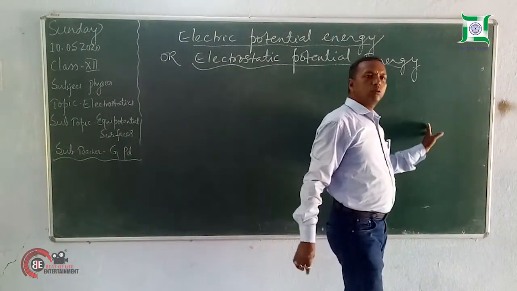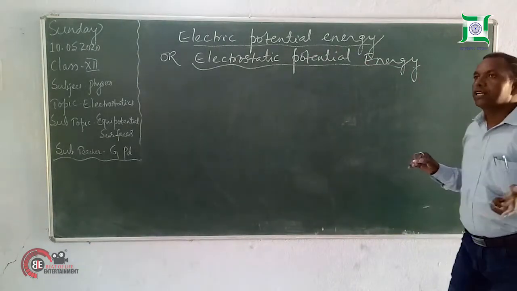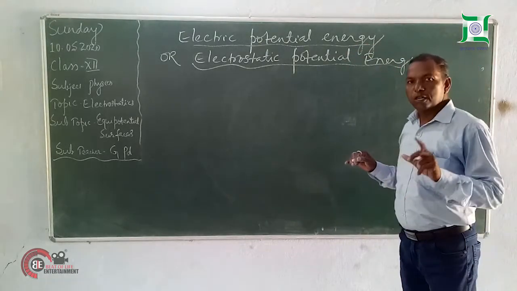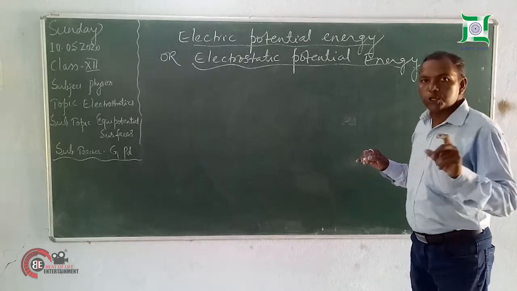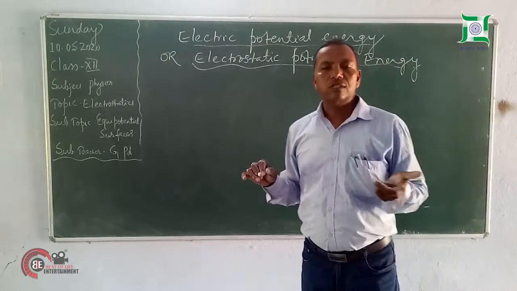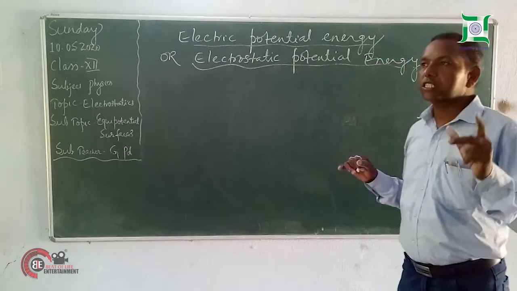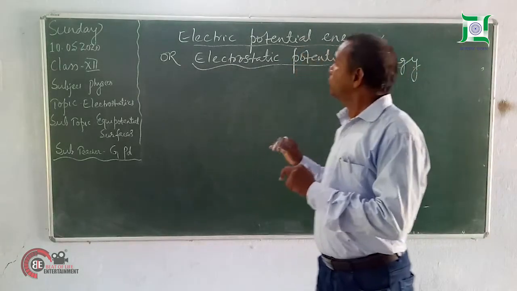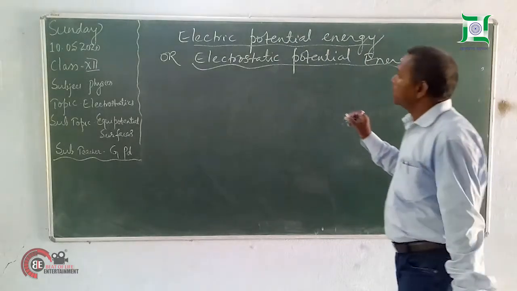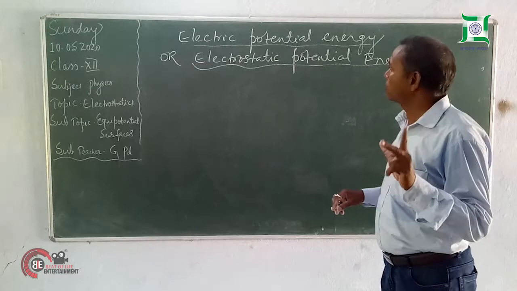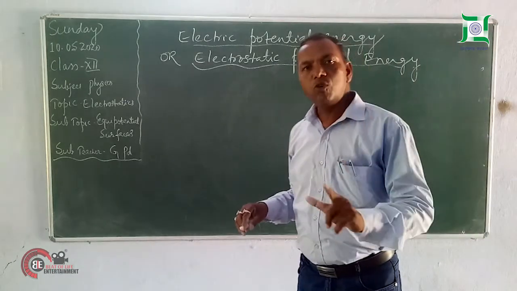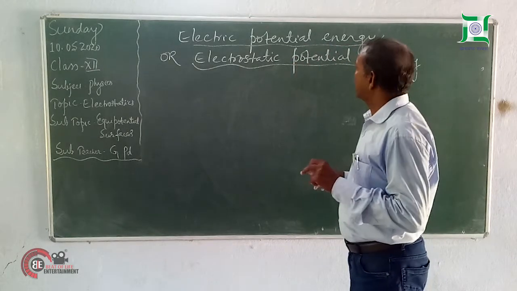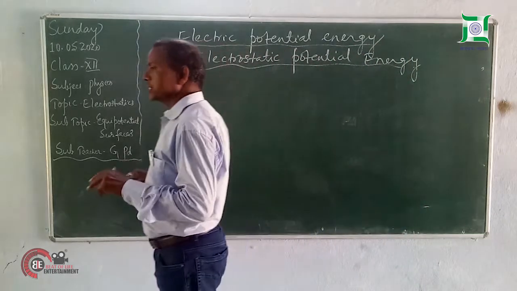Potential energy, just like we have understood in class 11, gravitational potential energy, जिसको हिंदी में स्थितिज ऊर्जा कहते हैं, और gravitational potential energy गुरुत्वीय स्थितिज ऊर्जा कहते हैं। That is defined as energy possessed by a body, मतलब किसी भी वस्तु की स्थिति के कारण जो ऊर्जा होती है उसको स्थितिज ऊर्जा कहते हैं। Here in electric potential energy, यहाँ पर हम लोग समझेंगे विद्युत विभव ऊर्जा और स्थिर वैद्युत ऊर्जा, इलेक्ट्रिक पोटेंशियल एनर्जी और इलेक्ट्रोस्टैटिक पोटेंशियल एनर्जी।